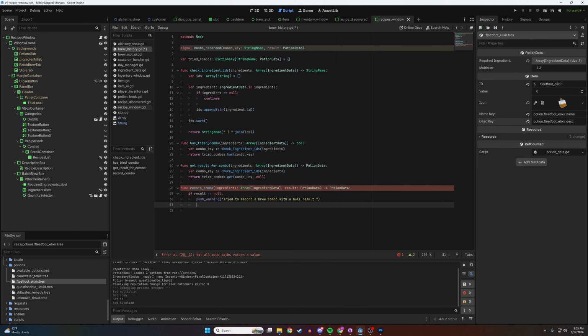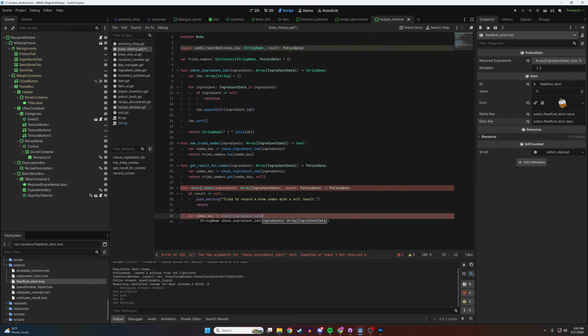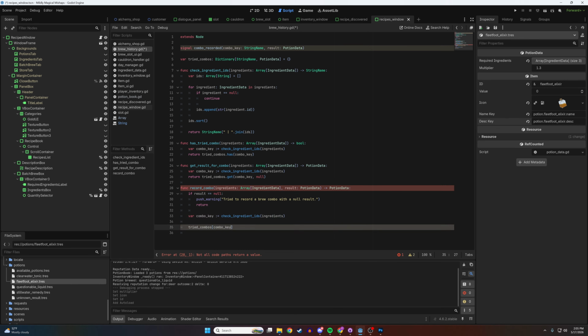Oh wait, no. Because if it doesn't exist, then it defaults to questionable liquid. So it will still find a questionable liquid, which is what we want. Ingredients. Tried combos. Combo key